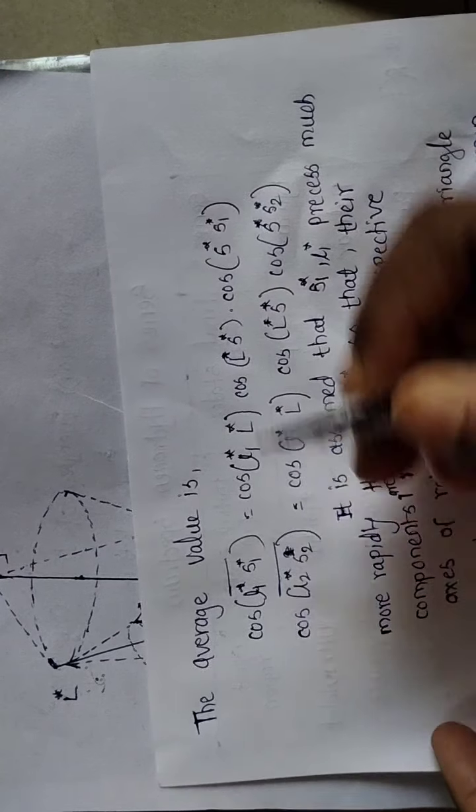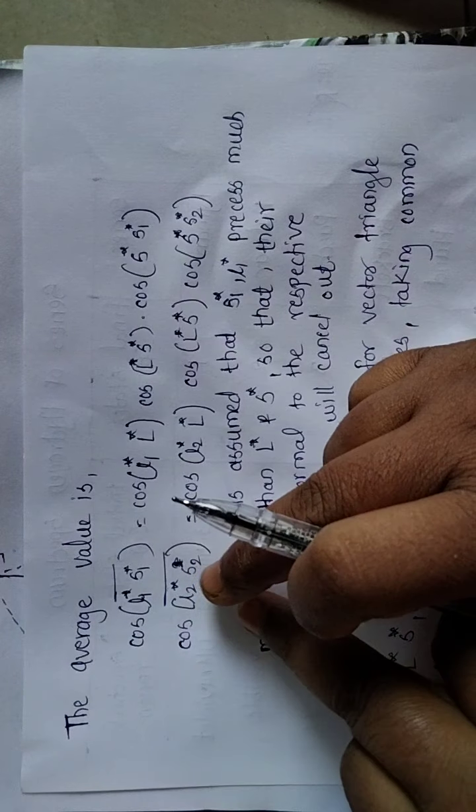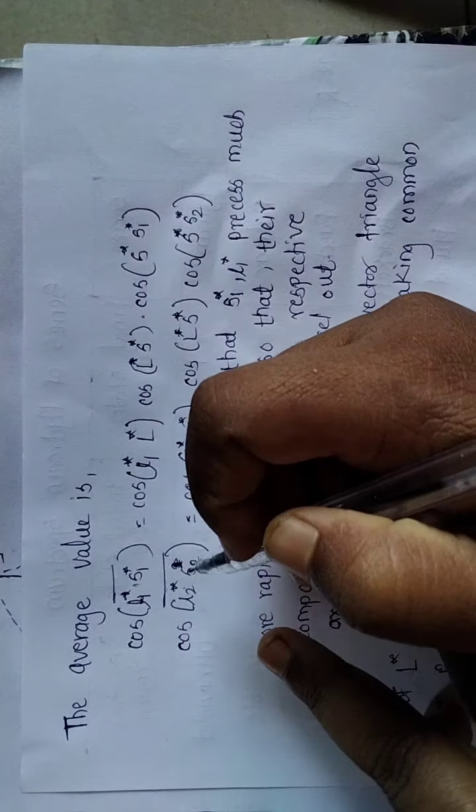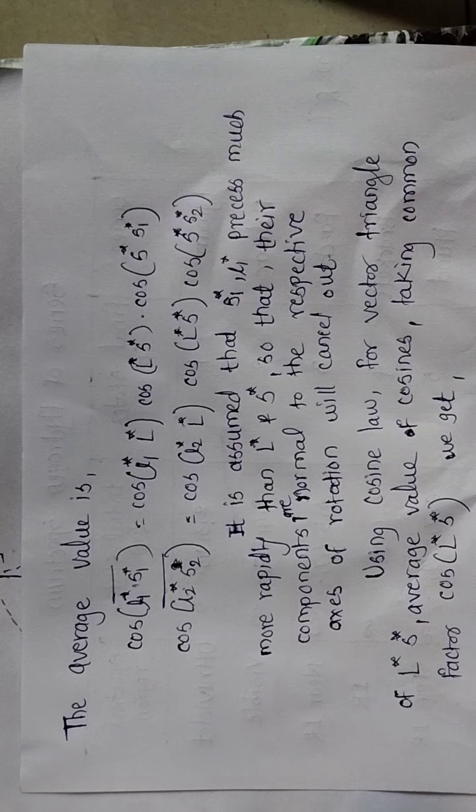So this is the average value of L1 star and S1 star, and also L2 star and S2 star, because this is the predominant interaction in this LS coupling. Okay, so a well-known theorem in trigonometry gives the average value in terms of projections. For example, the projection of L1 star on capital L star and on capital L S star, and finally capital S star on small l1 star gives the average cosine.